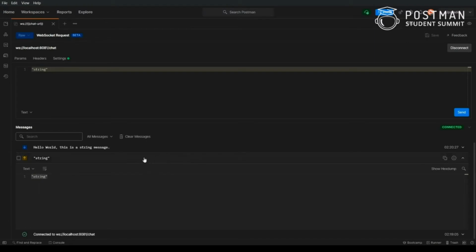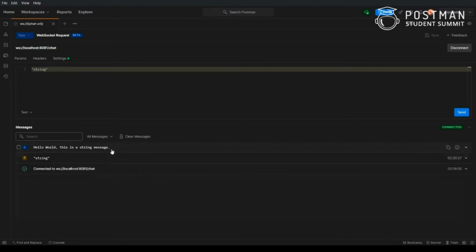Not only that, but it also parses the data that comes from the server. If you want to know which is the sent message and which is the received data, the sent messages are always shown with an upward arrow, and the received messages are displayed with a downward arrow.